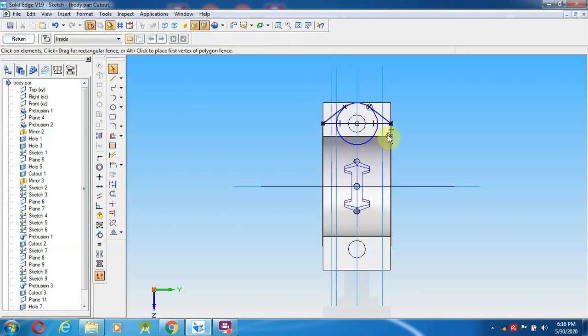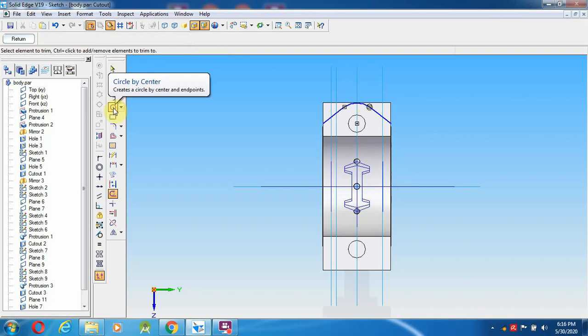After giving the tangent, the unnecessary extra lines I am going to trim. This is the thing I am going to trim, even this here. So this is the profile I need.